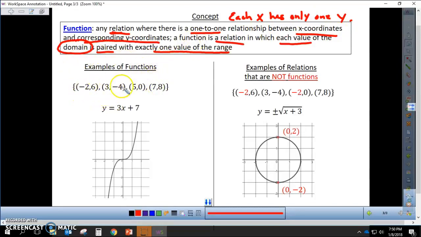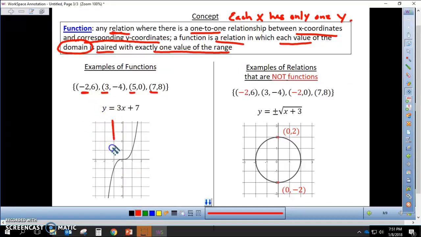-2, 6, 3, -4, 5, 0, 7, 8. So this is a function because each x, right, has only one y value. And the key strategy that you can use here is to look at x values and see if they repeat and if they have a different y value. So these are functions. Additionally here, in a graph, you can tell this is a function by doing something that